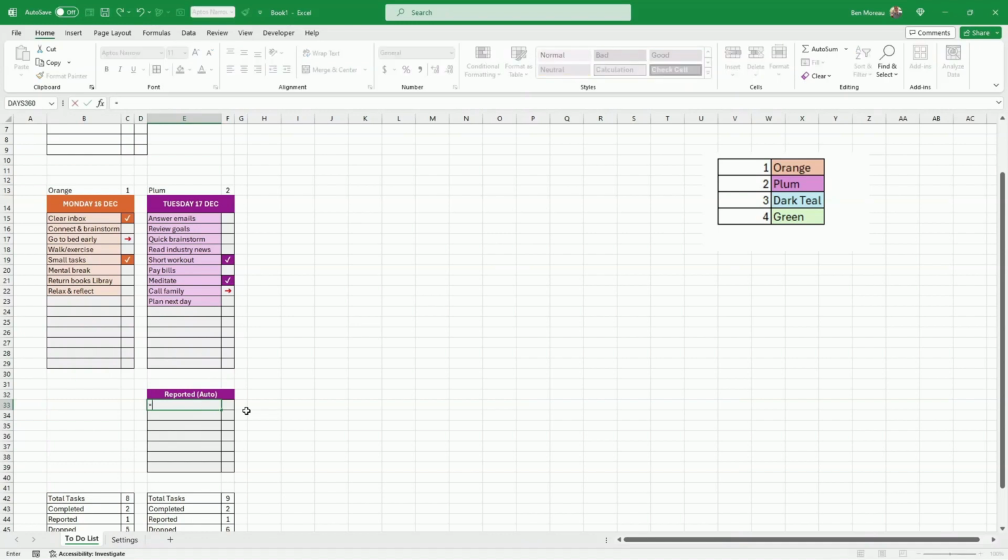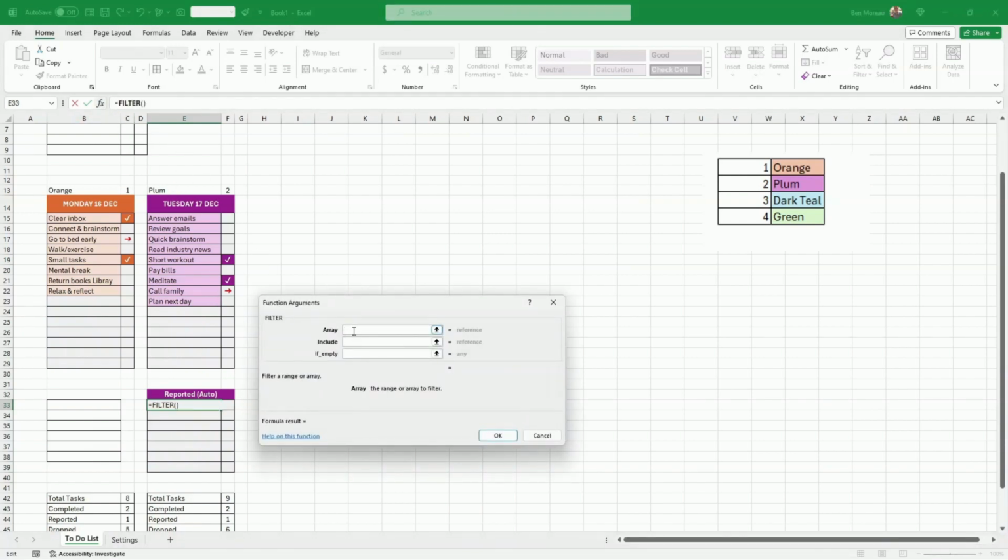Now the first filter, let's just assume that we have some reported field here, so we can report that formula all the way across. I'm just going to put a filter. So filter is to extract a subset of a list, of columns, of an array, whatever you want to call it. So here I'm just going to press the function key, and the array that I want to bring back is